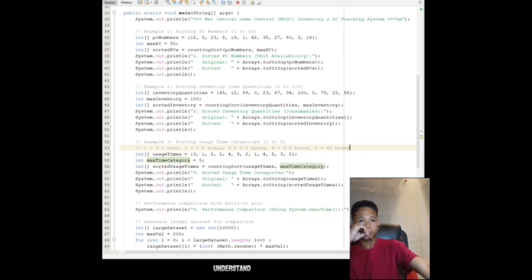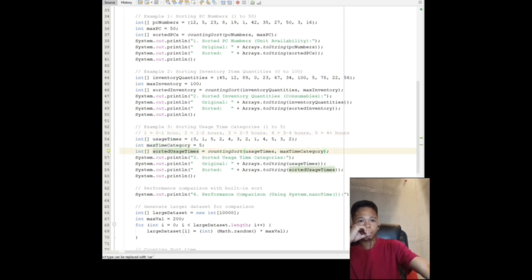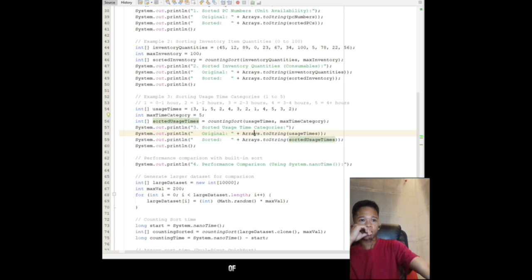To understand further, we perform a performance test to showcase the efficiency of counting sort, especially with small ranges.